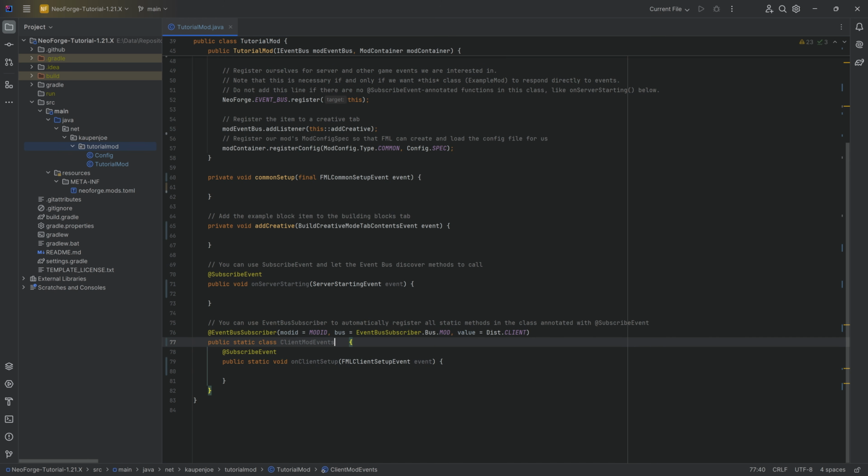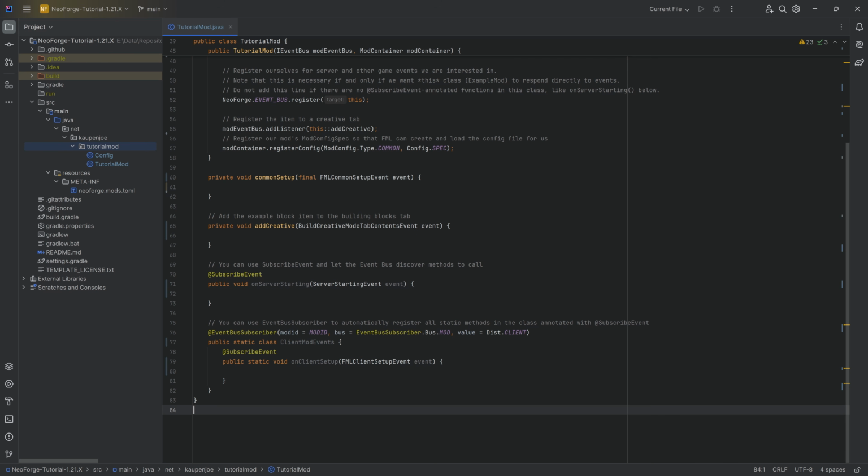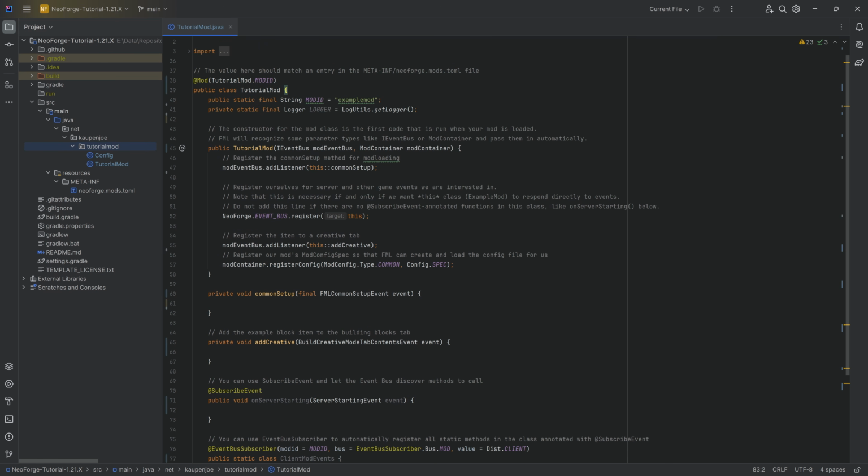keep all of those. So you can see at the end over here, we'll end up with around about 84 lines of code in the tutorial mod class. And this is also what I will refer to in the future as your main class. And then the last thing we want to change is the mod ID right here. We click on this, press Shift F6, and I'm going to change this to mod_ID. That's just a personal preference.